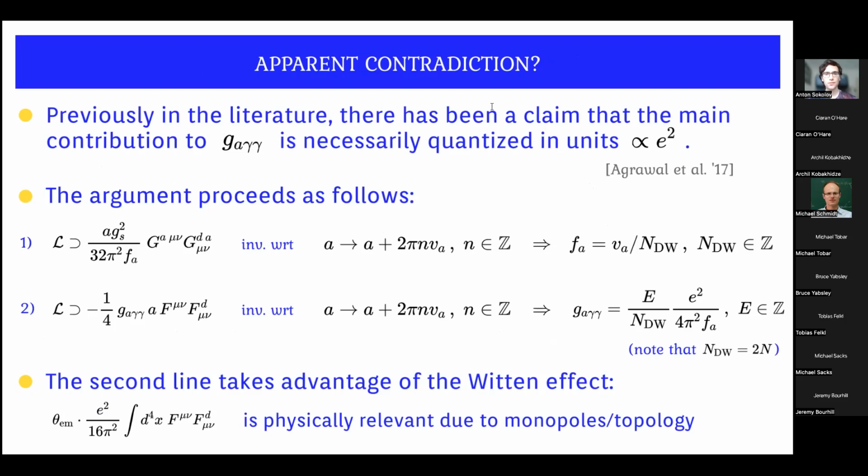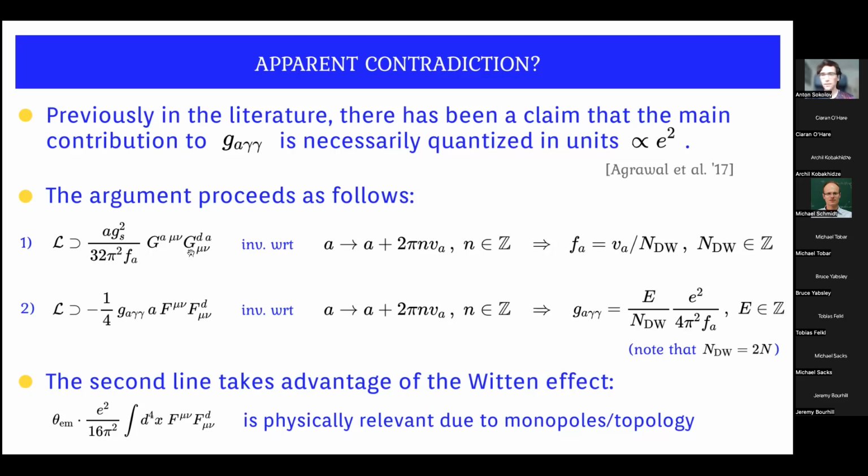They had some papers where they claim that the main contribution to the axion-photon coupling is necessarily quantized in some units proportional to the electric charge squared. Their argument is a bit theoretical, but it relies on the Witten effect induced axion-photon coupling. And